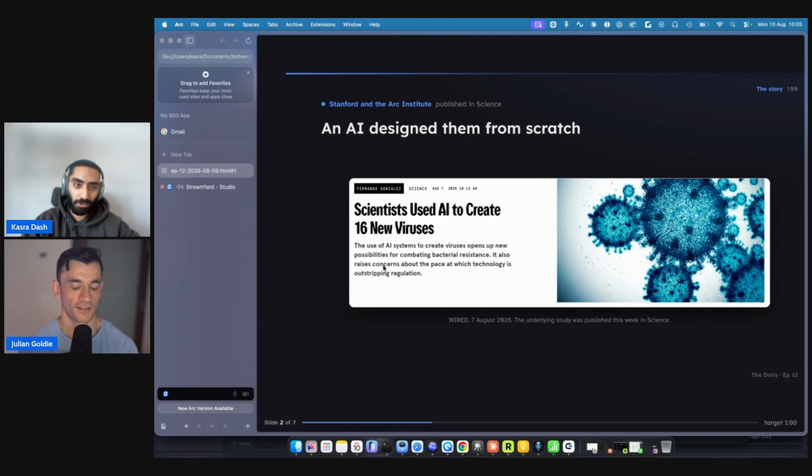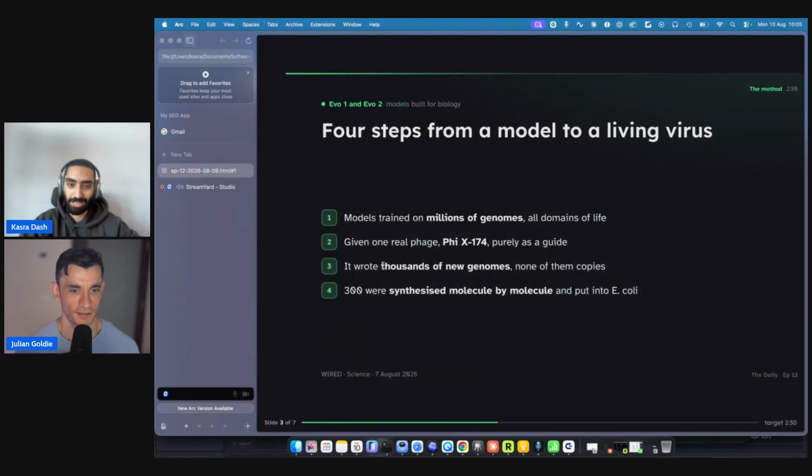Yeah, with all of the sandbox stuff, this is by far the scariest. Basically, what they've done is they've trained the models on millions of genomes. So that's basically data to do with humans. So if you have peanuts, you have an allergic reaction. If you have this, you get this type of allergic reaction. So they've fed it a load of different information, which is almost like a RAG or an LLM. And now they are using it to create counter viruses, so fixes, solutions to all of those.